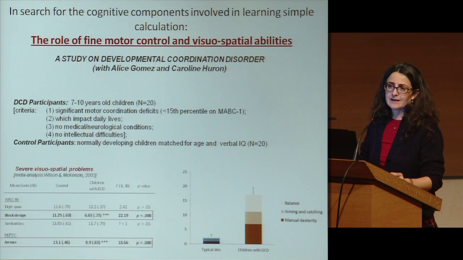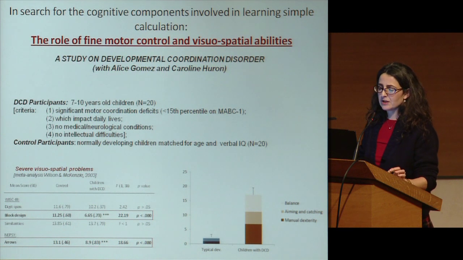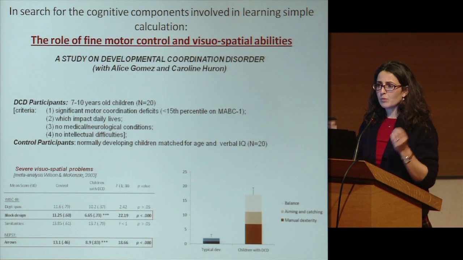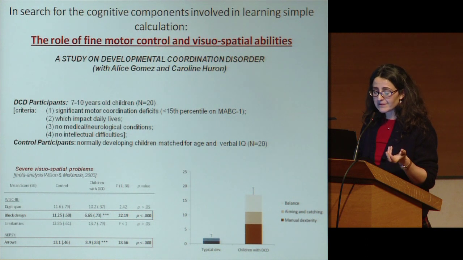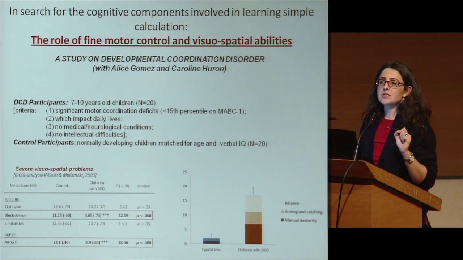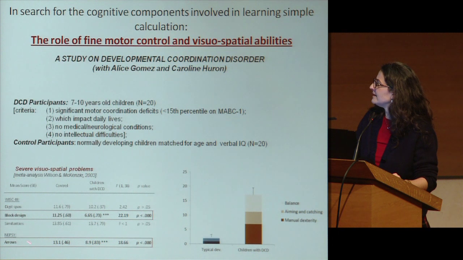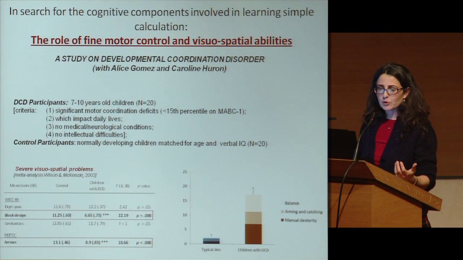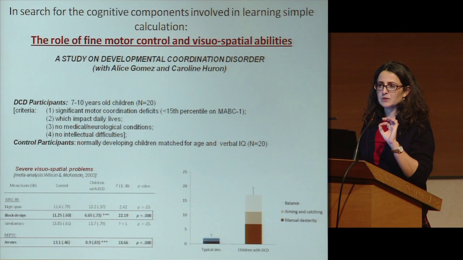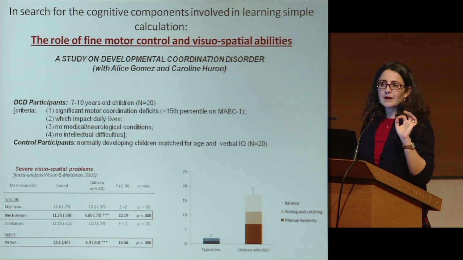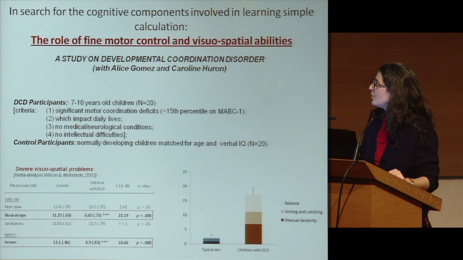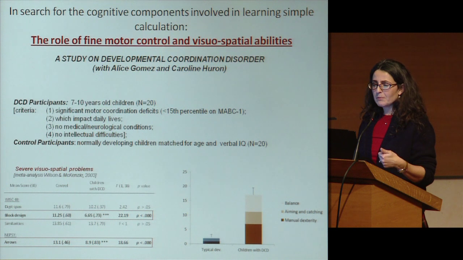Then we also show, and this is already very well known, that dyspraxic children, even though we define them as visuomotor coordination impaired children, also have visuospatial problems, even in tasks where no motor coordination ability is required. For example, in the block design and in the arrow task of the NEPSY neuropsychological scale, these are tasks that tap visuospatial abilities without asking them to manipulate fine objects with their hands. They are deeply impaired. So we have a population where motor coordination and visuospatial abilities are impaired.